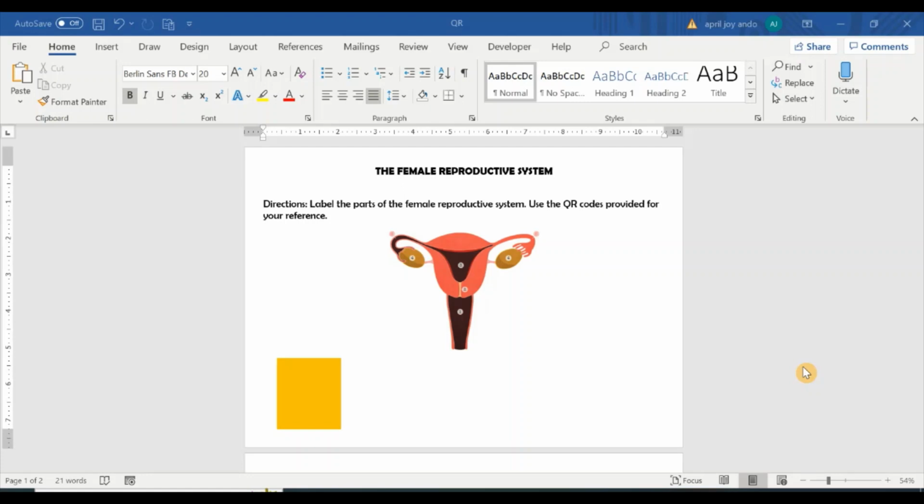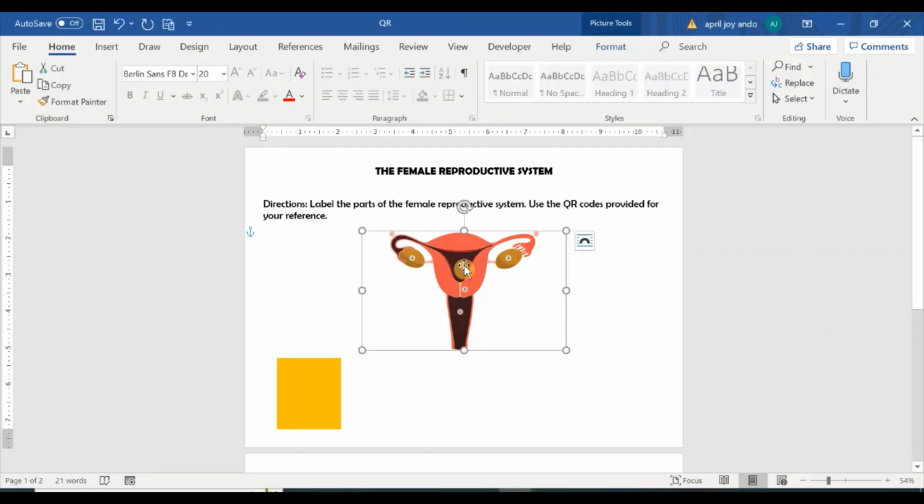In this video, I will show you how you can create a worksheet with QR codes. So this is the document in Word. I have typed already the title, the female reproductive system, and the directions is for the students to label the parts of the female reproductive system and use the QR codes provided for your reference. So I have already inserted the picture here of the female reproductive system, place it at the center, and then